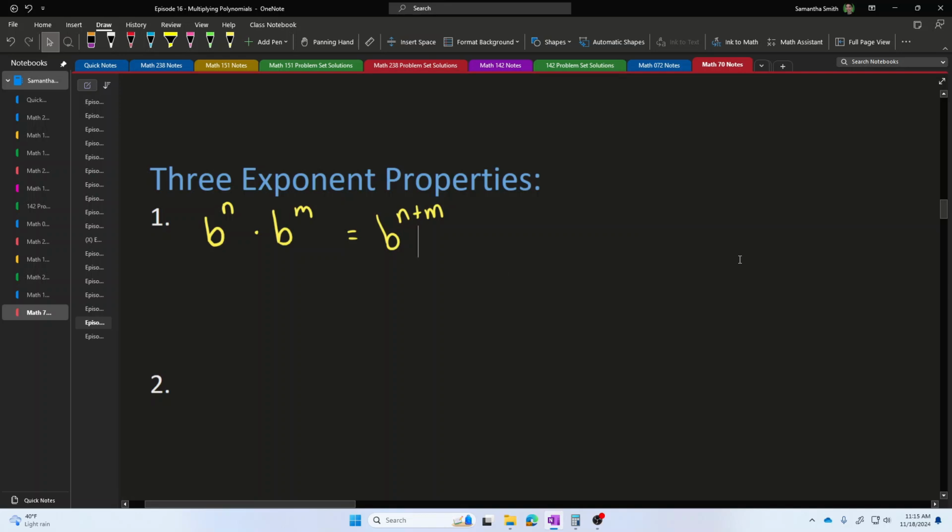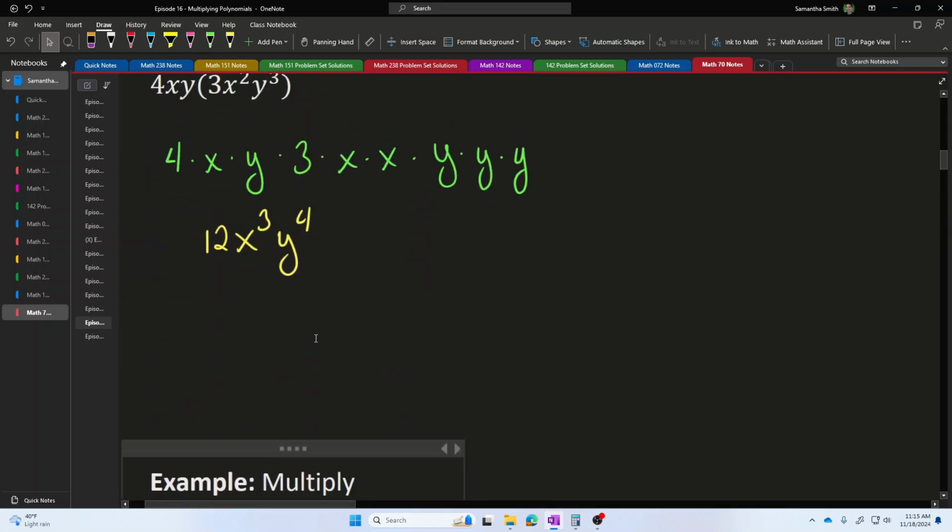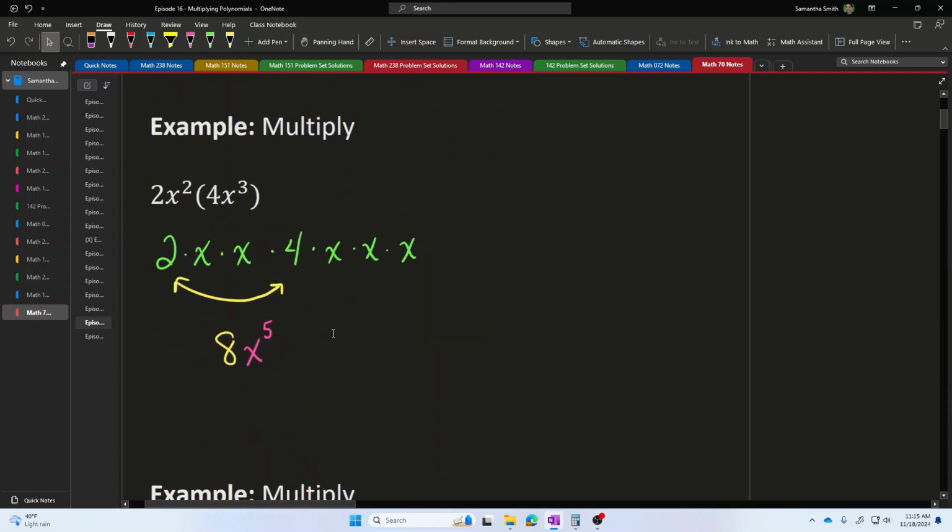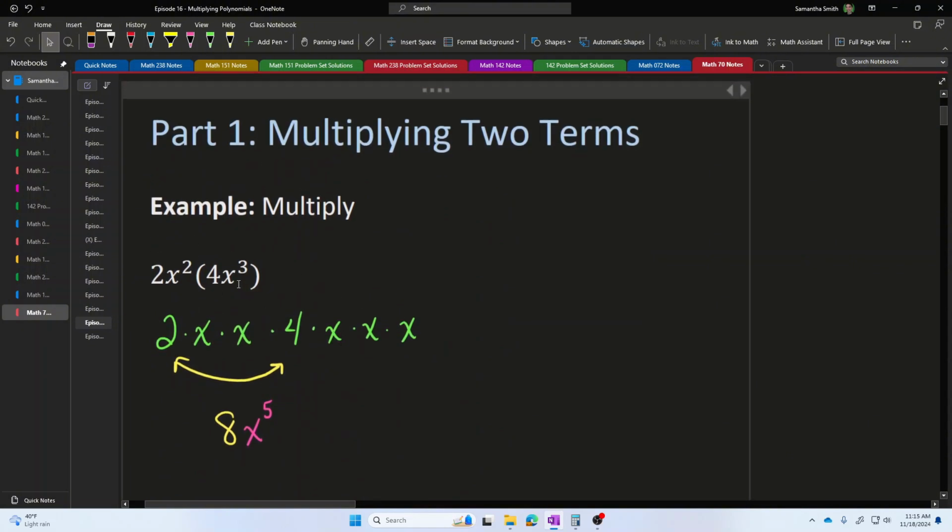To give you an example, let's look back at the calculations that we did in these previous exercises. In this work, for example, we had x to the power 2 multiplied by x to the power 3. And if I multiply x to the power 2 and x to the power 3, in total I had 5 copies of x multiplied together. Well, 5 is just the same thing as 2 plus 3. So x to the second power times x to the third power is the same thing as x to the power 5, 5 being 2 plus 3.